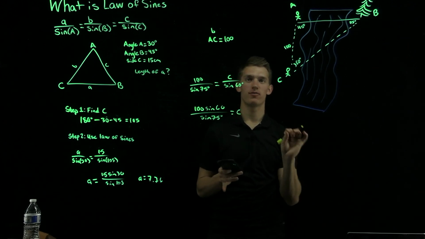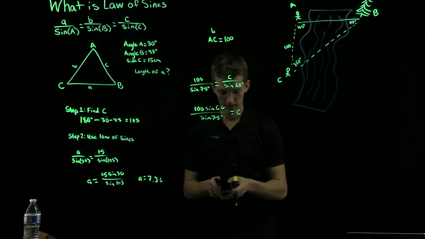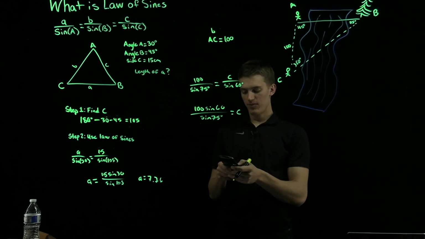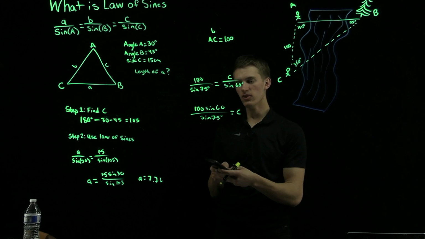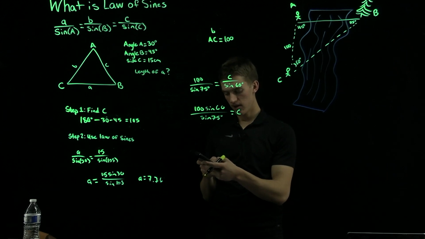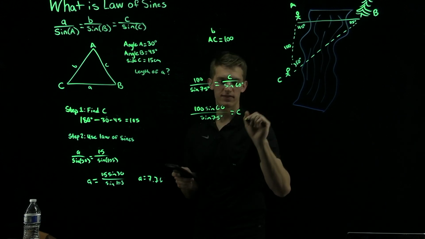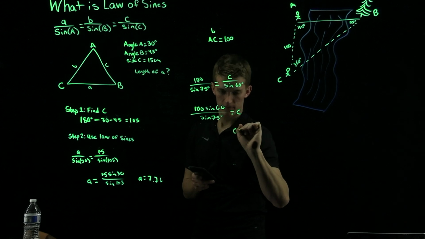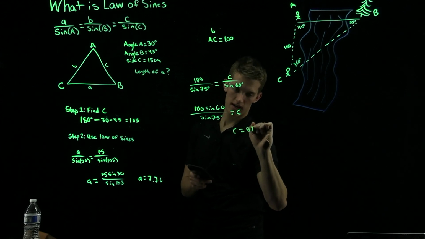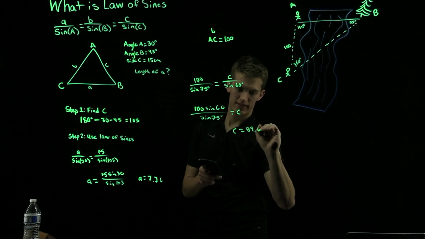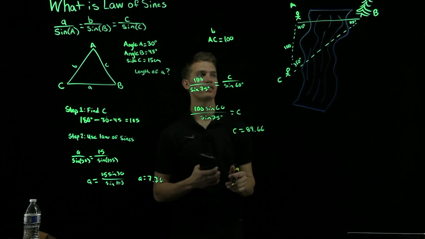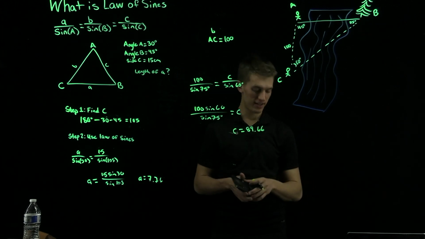Okay, I'm going to plug this in my calculator. Another common mistake is people don't have their calculator in the right mode, so make sure you're in degrees. I just did that. So I have 100 sine 60 divided by sine 75. And the length of C is 89.66 meters. And so that's how wide the river is,